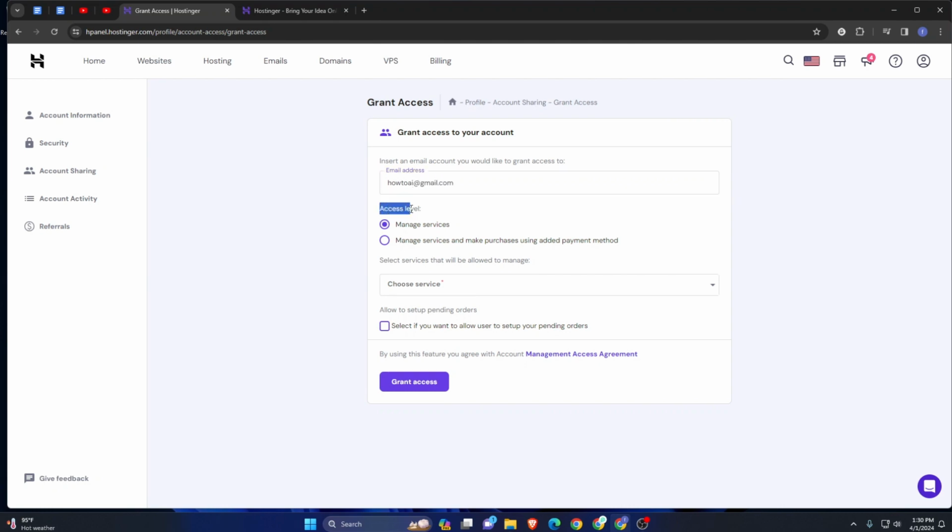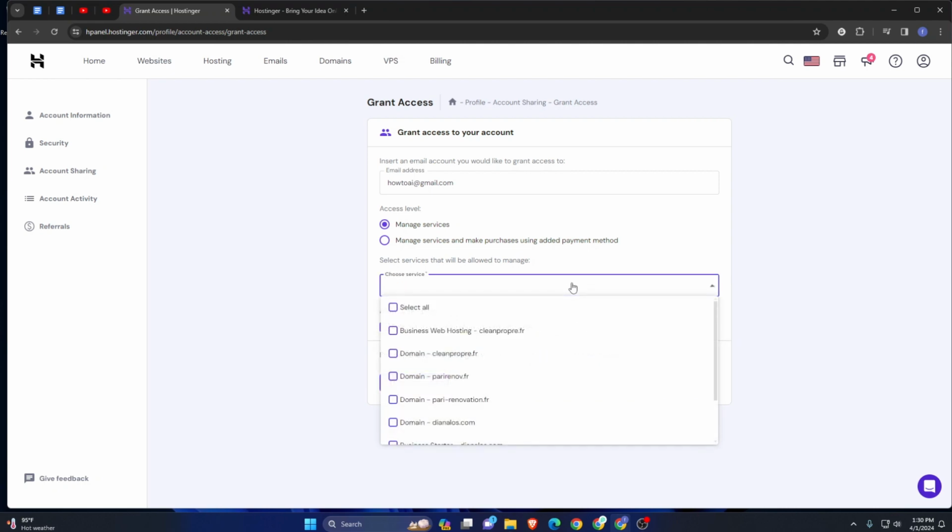and here you can select the access level, manage service or manage service and make purchase. So which one you want, you can select it from here and select service that will be allowed to manage, and select this, and you can select all and select specific service for specific domain. So select all,